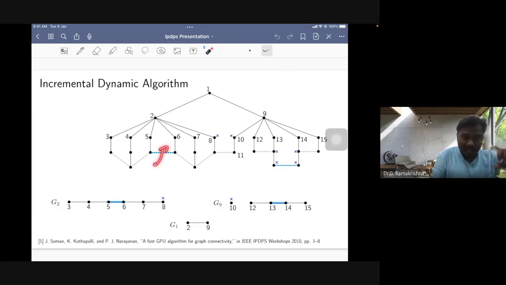Whenever we add this edge, the intermediate step is that the reflection of this edge is nothing but adding an edge between 5 and 6. Where should we add it? We should add the edge between 5 and 6 in G2, and also add the edge between 13 and 14 in G9. But these graphs themselves we are not maintaining. Directly we are maintaining the connected components of G2 and G9. Whenever we add new edges, we go to those connected components, add these edges and update the connected components. That's what lies in the other subroutine, based on the parallel set disjoint union algorithm. So the intuition of this paper is mostly about parallel set disjoint union, but our task is more or less